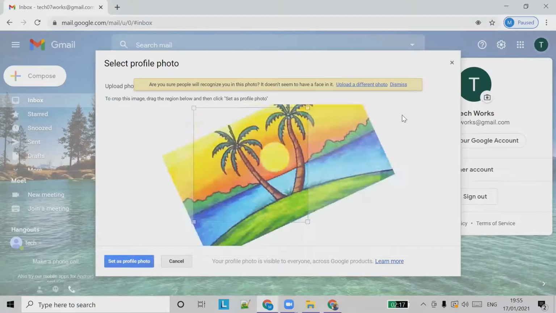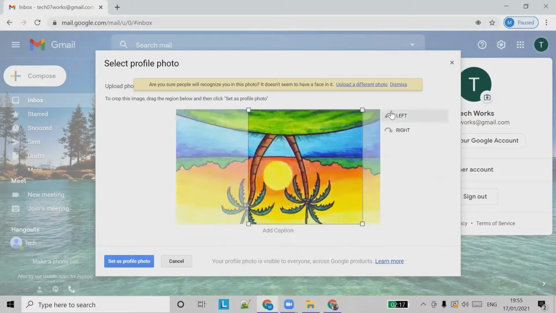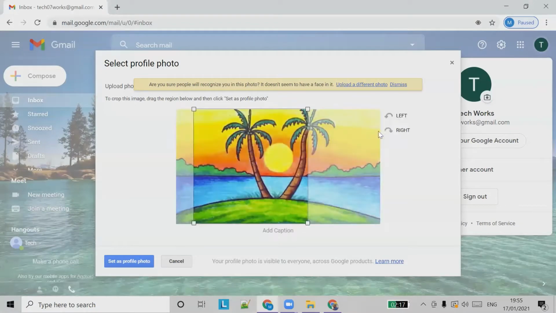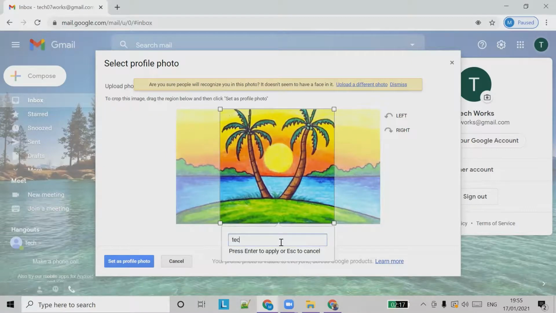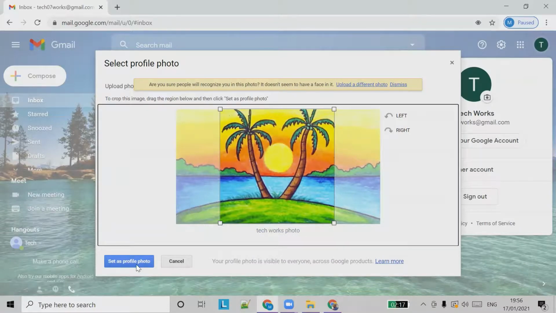You can rotate it left or right, and you can use all those options and add a caption. So set as profile photo.